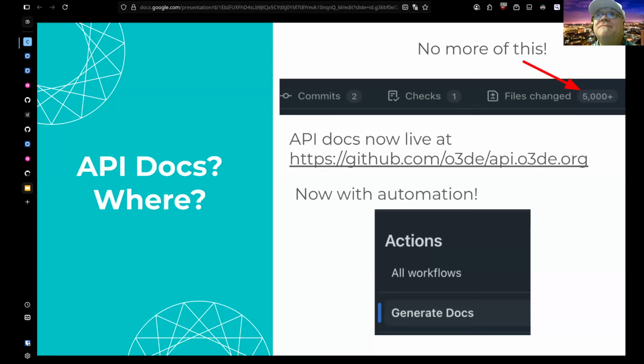Yay. I'm so happy about that. All you gotta do is push a button and it generates it all and opens up a pull request, and then you just make sure that nothing crashed and burned, and stick it in, and then do another little pull request on the main repository, and all of a sudden we have new API docs. It's great. I love it.